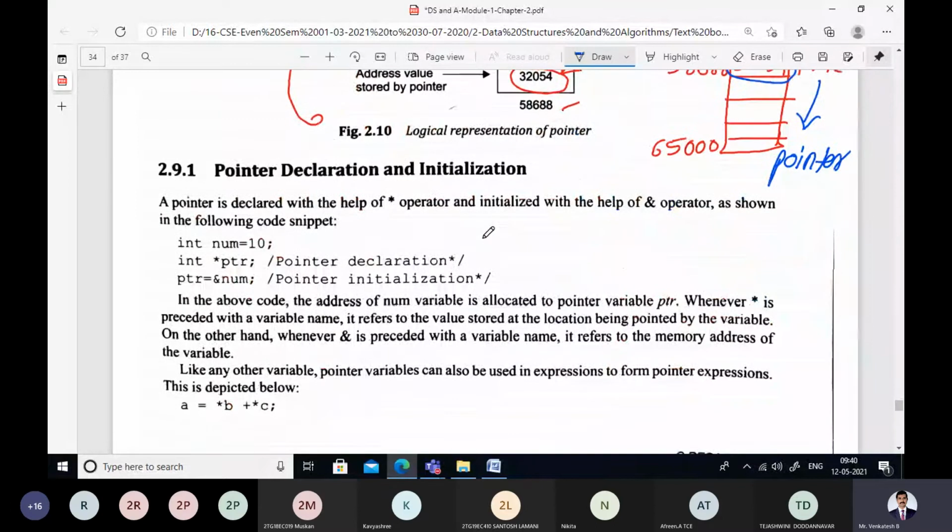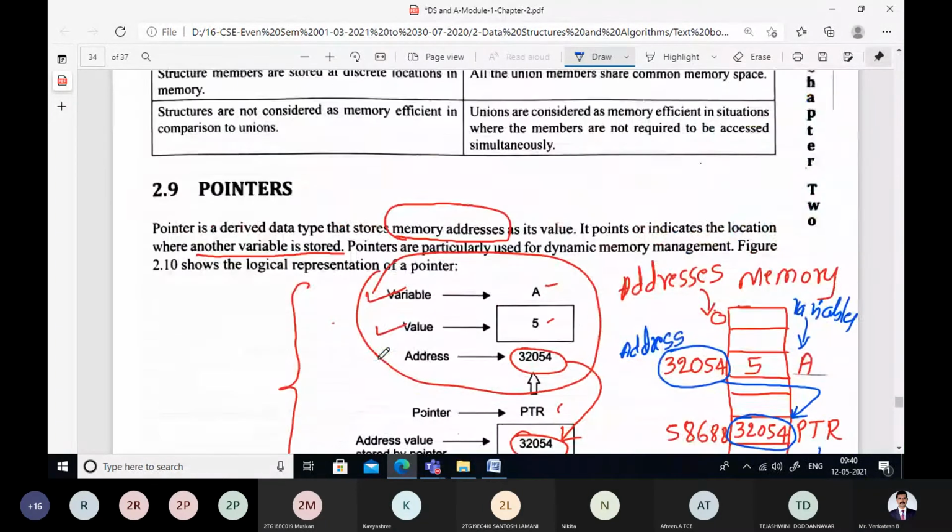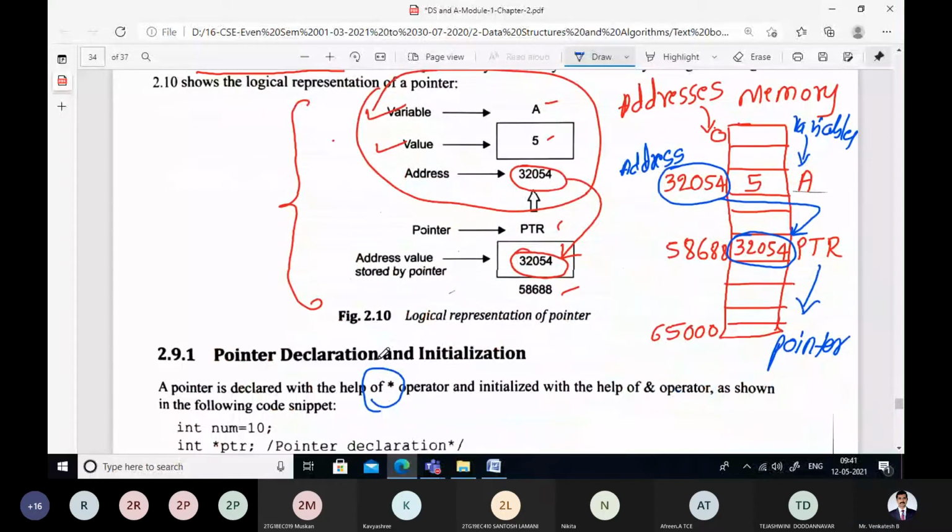Now let us see how we declare a pointer variable. Just as we declare a normal variable, we declare a pointer variable by using the asterisk operator, or star operator. This is what we have.